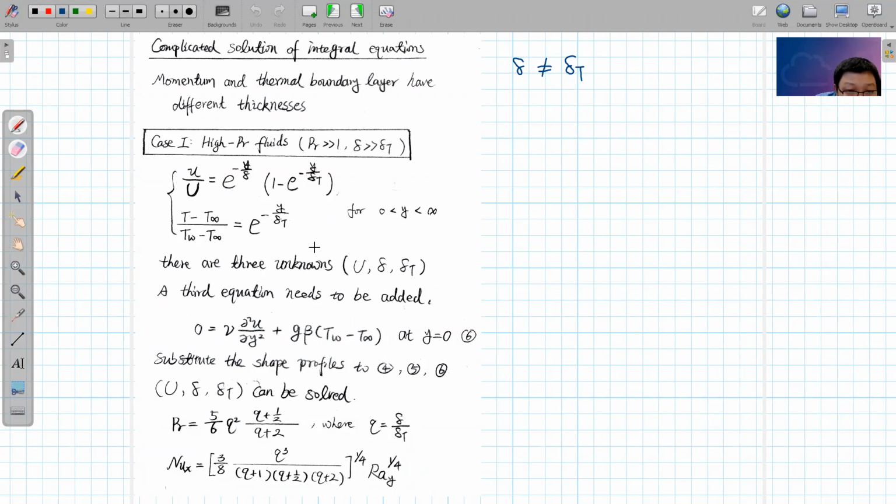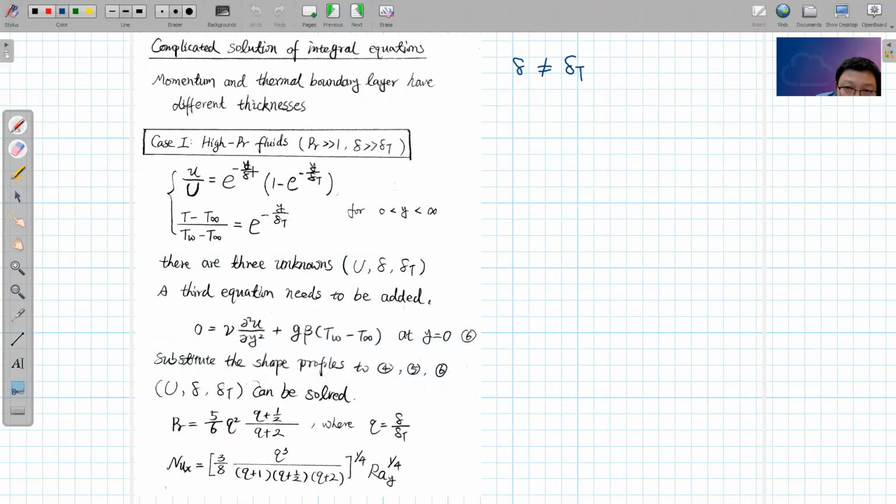Okay, and now the question is this. If we use this shape function, how many unknowns do we have? We do not know this big U, the maximum value of the induced velocity U. U is unknown. We do not know delta, and we also do not know delta t. So we have 3 unknowns,